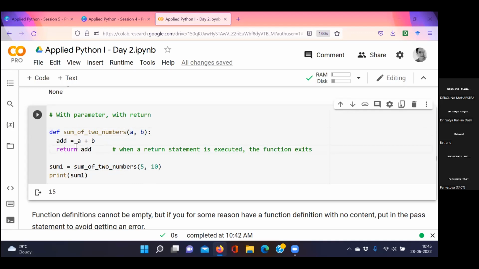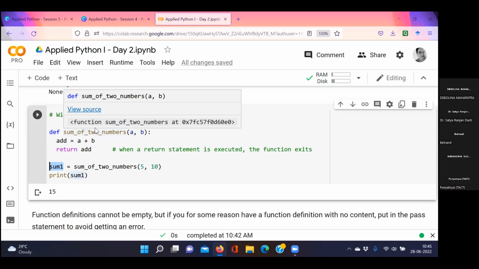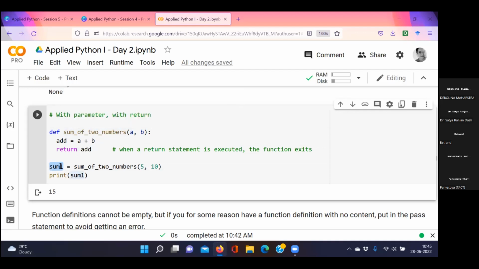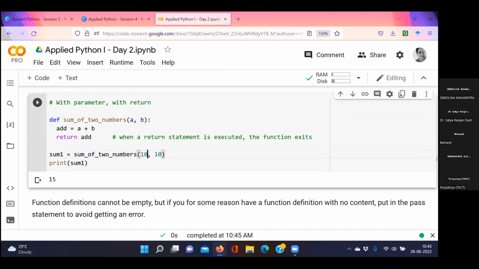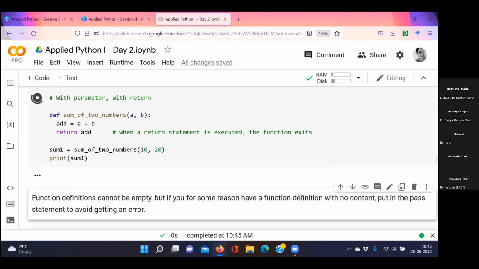Next, we return add. The sum of the numbers has already been computed and stored in this variable add. Now this value is passed on to the function call. So sum1 contains the value returned by the function sum of two numbers, and this value is the addition of the two numbers. Now that we print out sum1, we get 15. We can change the values. We can have 10, we can have 20. And again, we can print the sum of these two numbers,